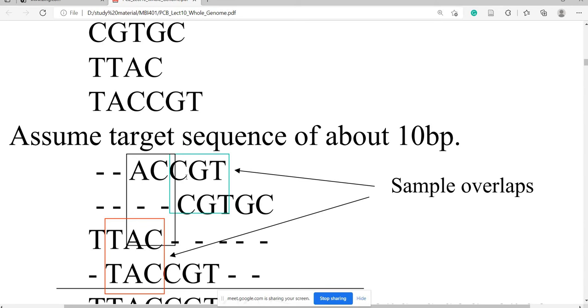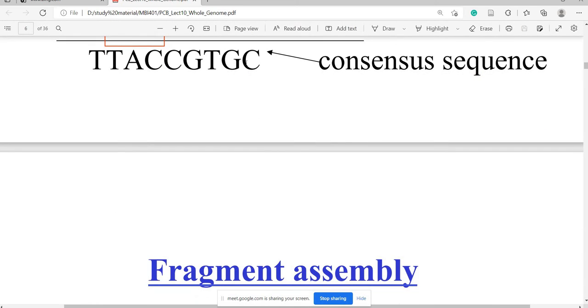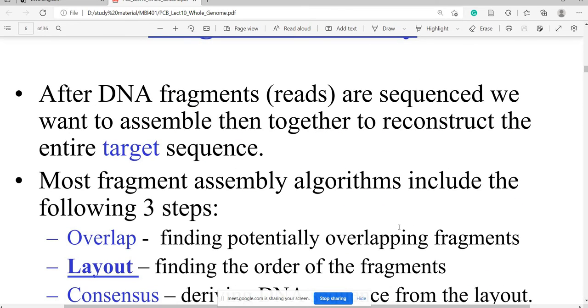CGT is also common. CGT is present in the first fragment, in the second fragment, and also in the fourth fragment. Now we can conclude that CGT is a part of the third sequence also, and after that what will come? GC. Now GC can be added here. In that way we can prepare the complete consensus sequence. Is it clear? So that was the first step, finding potentially overlapping fragments.